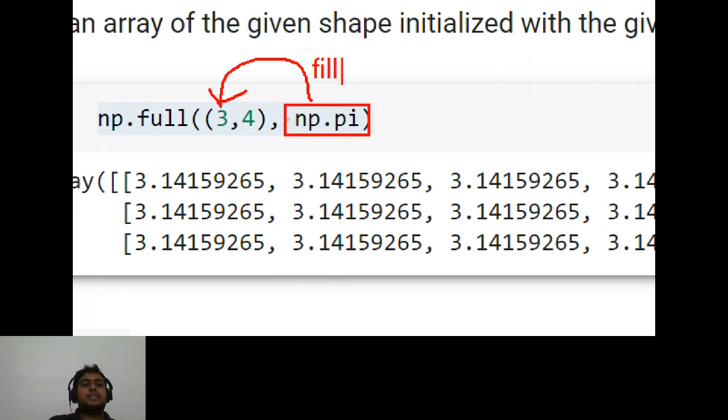With np.full, you're just saying there's going to be an np.pi value which is already optimized and already taken care of. All the rounding off and these elements have already been taken care of here. So you need not do much work. You just need to throw that value into that space, and that's it. Everything is already sorted for you.